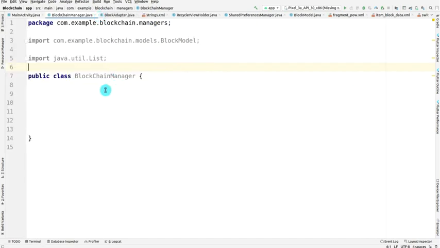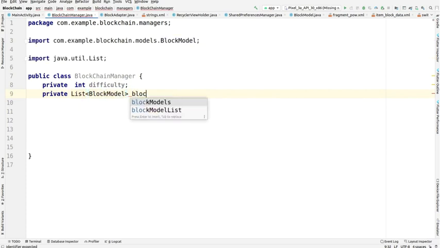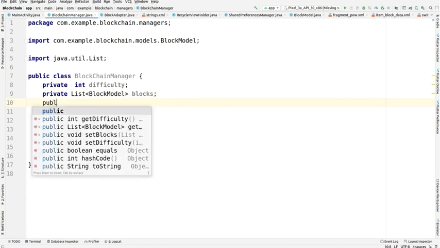Okay, for now we have to make a few properties for this also, like private int difficulty, and then the list of block model type, and I'm creating it as blocks.